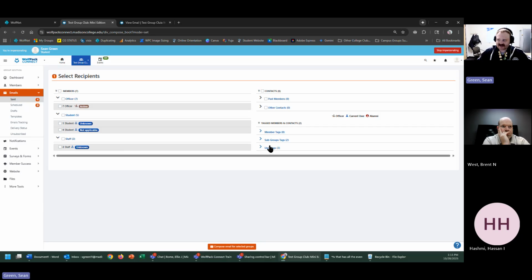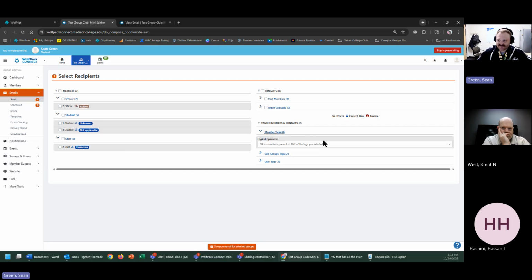And then as we get down to the tagging here, I'm just going to preface this by saying that, depending on how you want to do this, it can get a little bit more complex or stay very basic. So if you had member tags down here, say I had member tag A or member tag B, say my member tag A was all of my active members, right? So I had active membership, and I wanted to send that to all my active membership, versus member tag B, which is just all my members, right? I could select member tag A. What if, though,